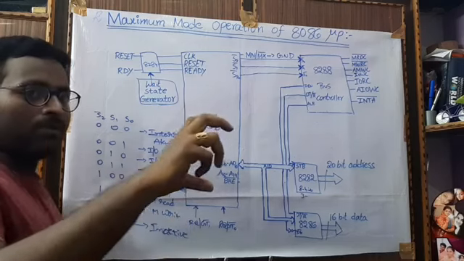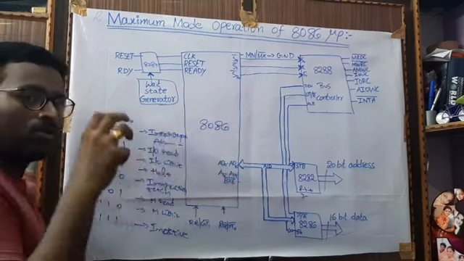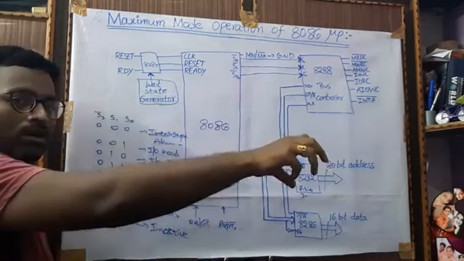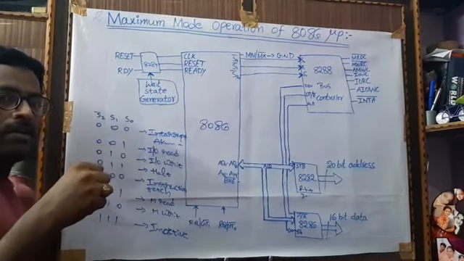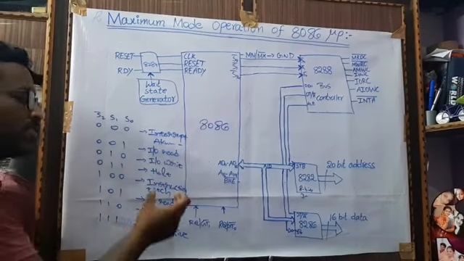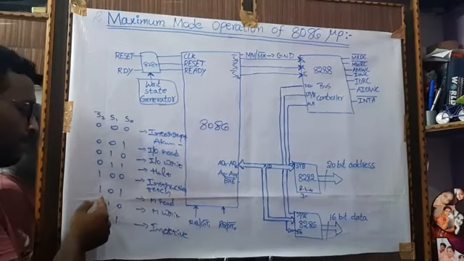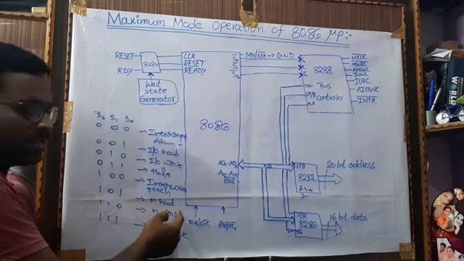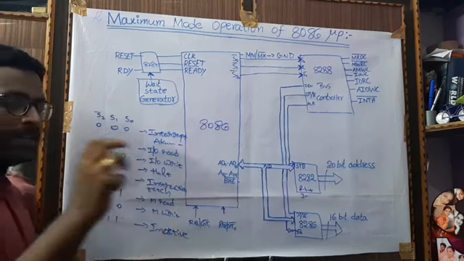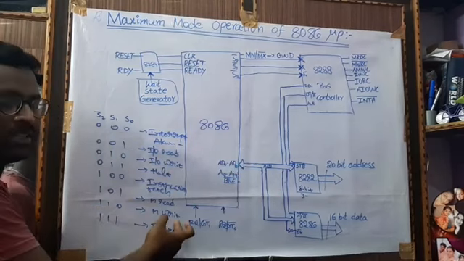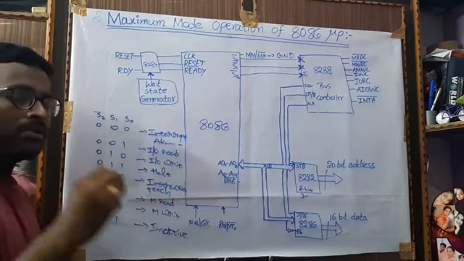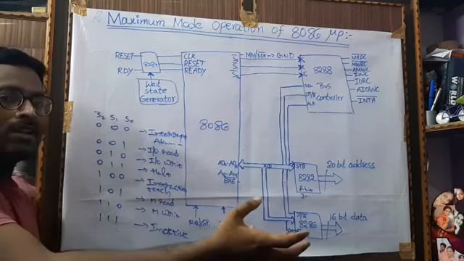So from a memory location, we have to go there and take the required data which is in that memory location. That is called instruction fetch. Next, 101 means memory read operation, so we are reading the data from the memory. Okay, 110 means memory write operation. Memory write operation means we are storing our result in the memory.